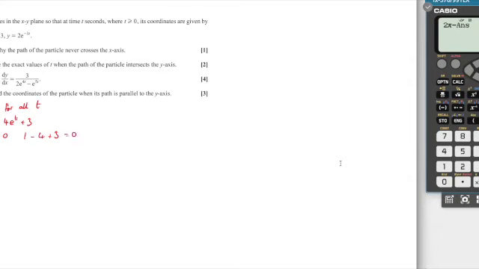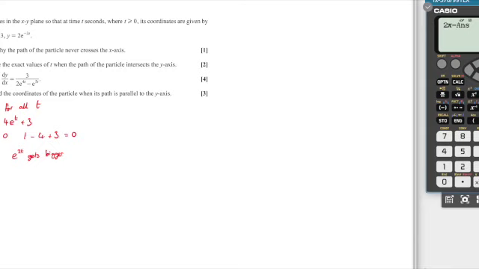So it starts at the axis, and then e to the 2t gets bigger. And that gets bigger twice as fast as 4e to the t. So y,